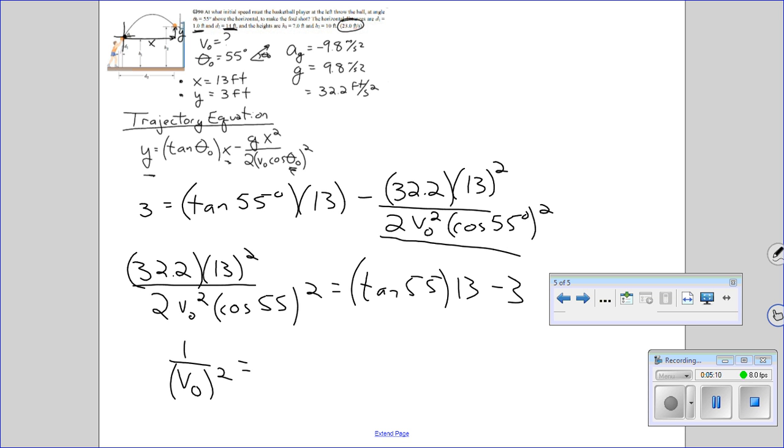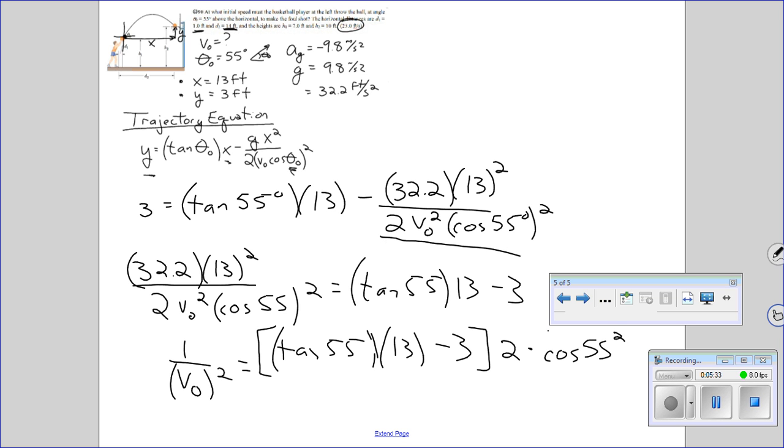equals this mess: tangent of 55 times 13, minus 3. And then I've got to move everything else here, right? So I'm going to have to multiply by 2, multiply by the cosine of 55 squared, and then divide by 32.2 and 13 squared. Okay, so solve that giant mess,